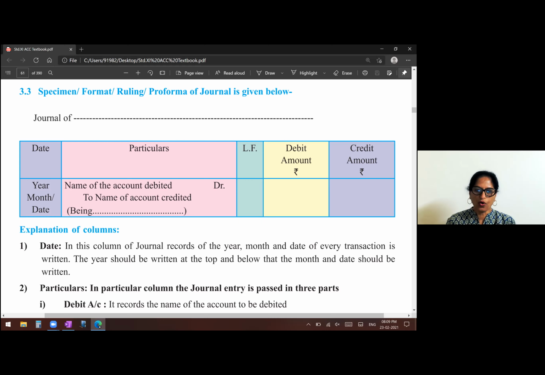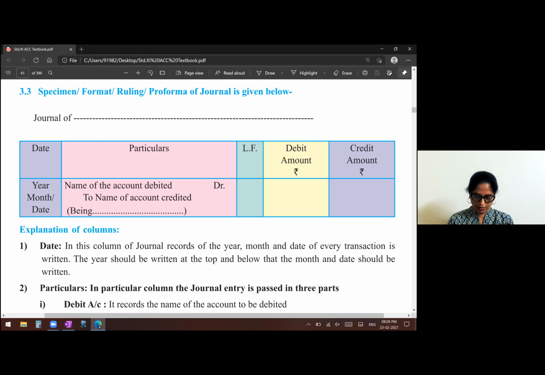And now we move on to the very important part where journal entries are related to goods. Most of the problems or transactions are basically around the goods in which a trader deals. So today we will study 11 different types of journal entries. So you will draw the journal. I will be showing you how to write the journal entry and what accounts are picked up. So I'll explain those entries to you.